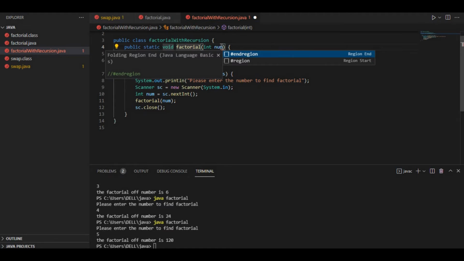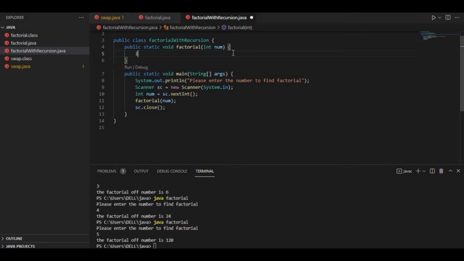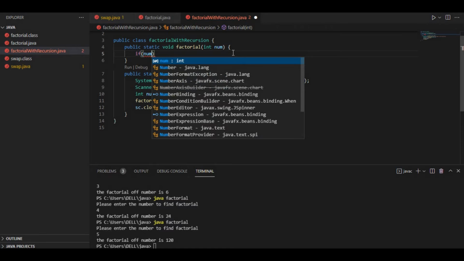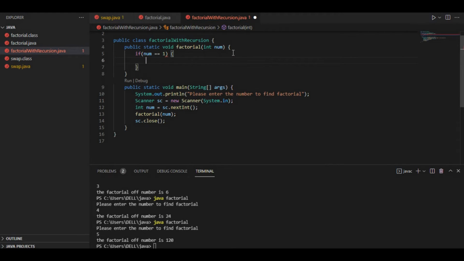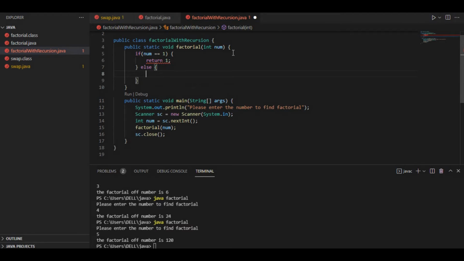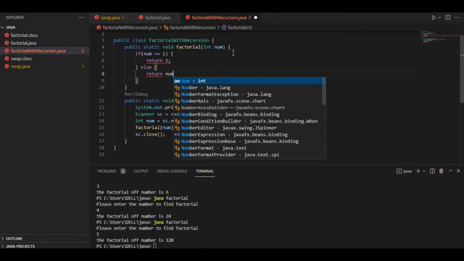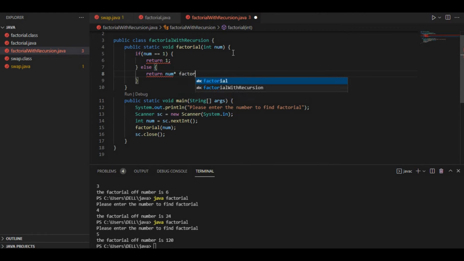Now we'll have the same condition: if the number is equal to 1, we'll return 1. We'll just write return 1. Now it might give an error because we haven't added the return type as integer. In the else case, we'll return num into factorial of num minus 1.